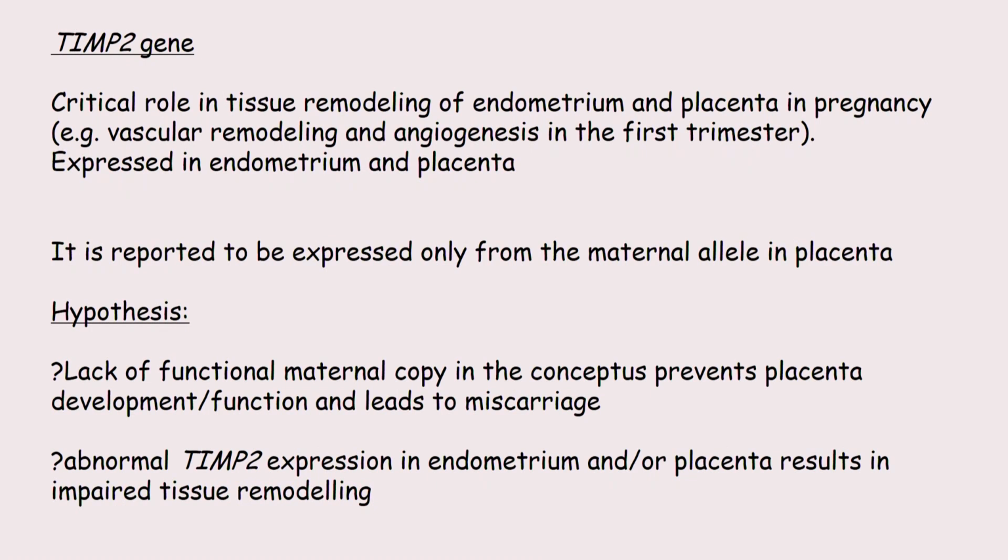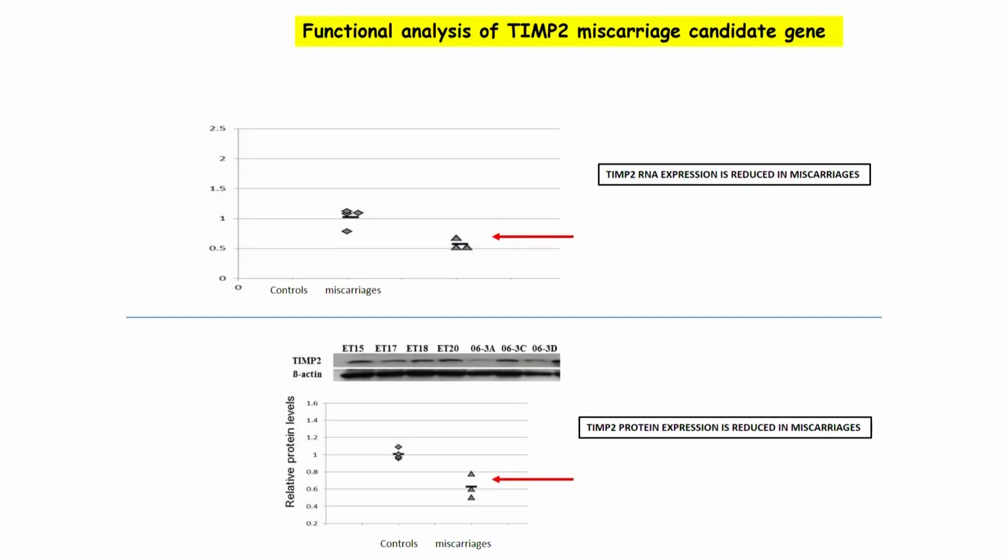The second hypothesis would be that abnormal TIM2 expression in the endometrium and/or placenta results in impaired tissue remodeling and therefore recurrent miscarriage. We could test part of the second hypothesis by doing RNA and protein expression for the miscarriages in comparison to controls, looking for the impact of the CNV on the gene that it affected. So here you can see that in this group of dots, this is the RNA expression of TIM2 in controls, and then these are